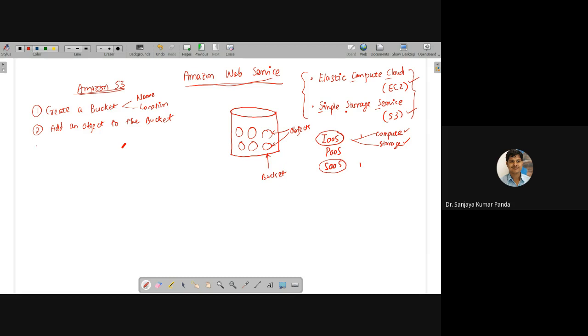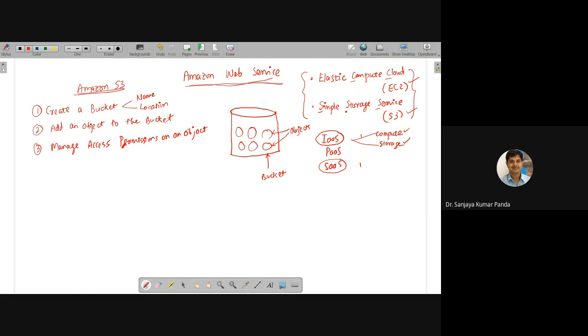The third task: all the buckets are not public. Some buckets may be private, some buckets may be public. Even in private, you have several permissions. So our third task is to manage access permissions on an object.